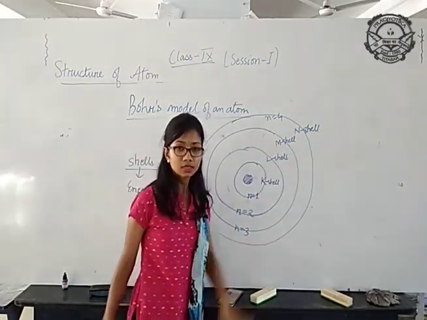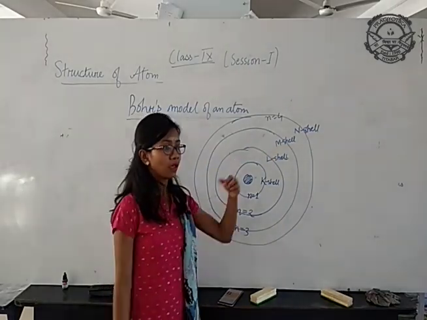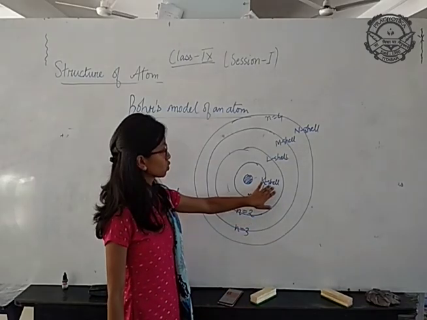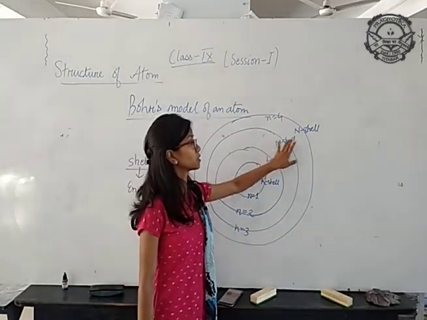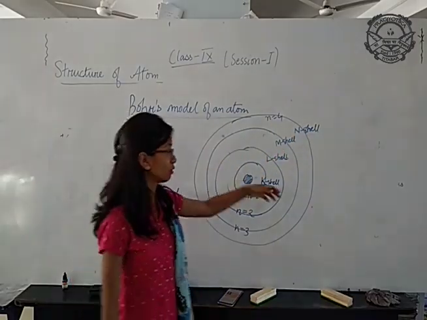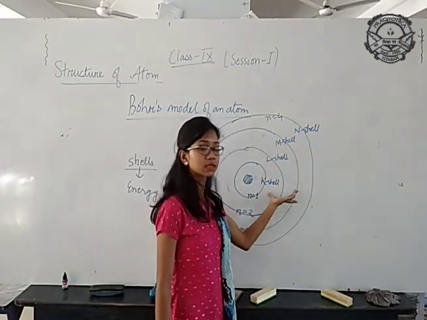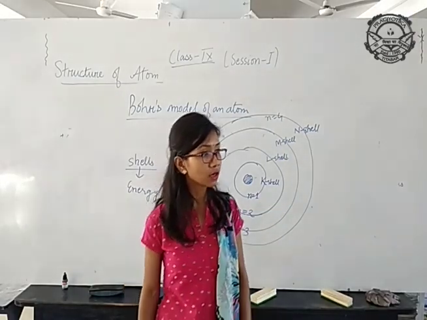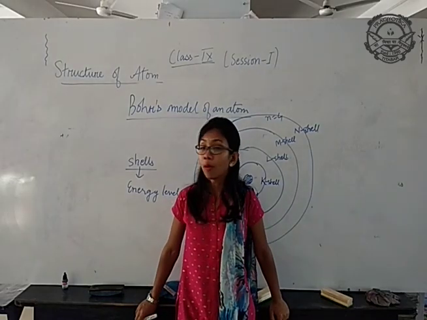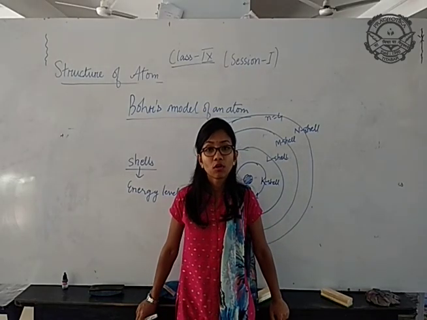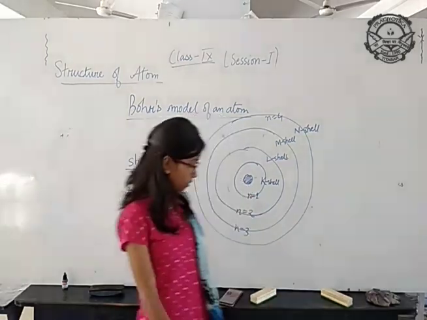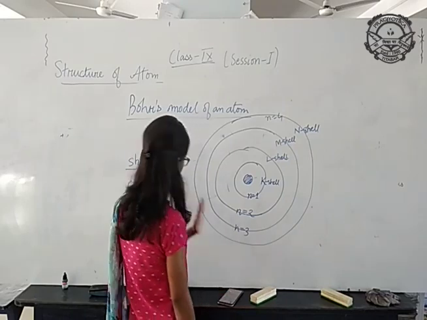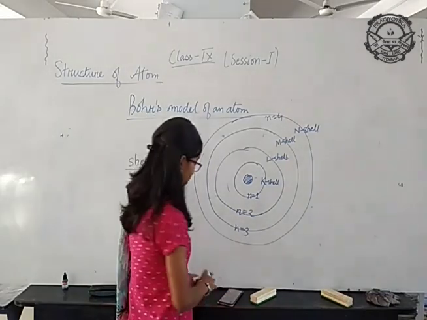K, L, M, N. These are the energy levels, and it will continue, and then O, P, Q, R, S, T. You can continue in this way. So energy level first is known as K cell, second L cell, third M cell, and fourth it is known as N cell. These cell numbers are required for writing the electronic configuration. What is electronic configuration? Electronic configuration is the proper arrangement of the electrons inside the atom. Okay, these cells are therefore required for writing the electronic configuration.